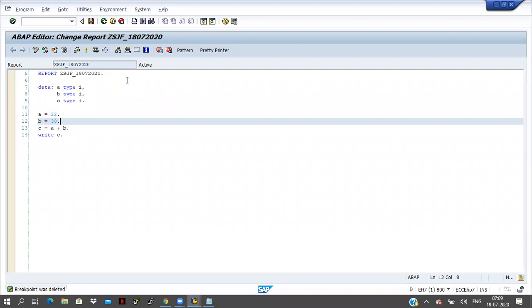Hard coding means here I am passing 22 only. If you execute this program 2 times or 3 times or 5 times, the value will be the same here. It is not changing: 22, 30. But I don't want it like that.